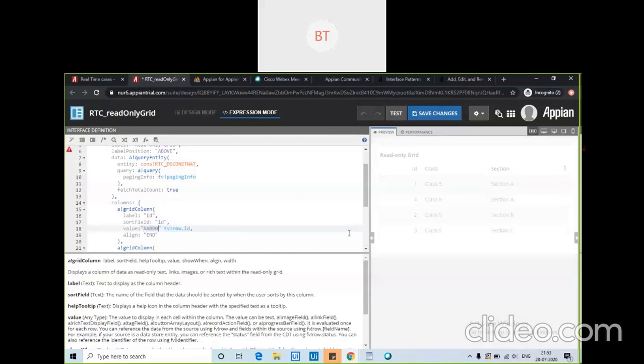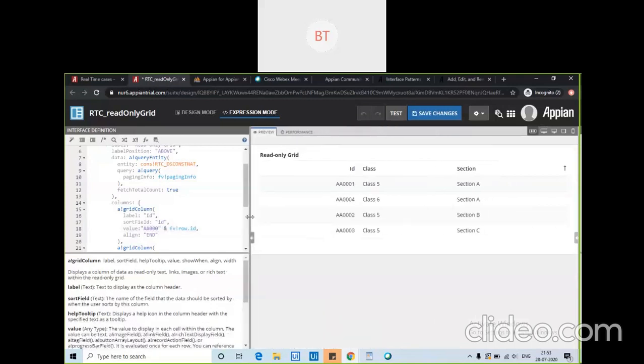Okay, then you can write this. Okay, and it will be coming like this. So based upon what you want to show to the user, how you want to show the user, that you can do in the value part, and accordingly it will be changing.